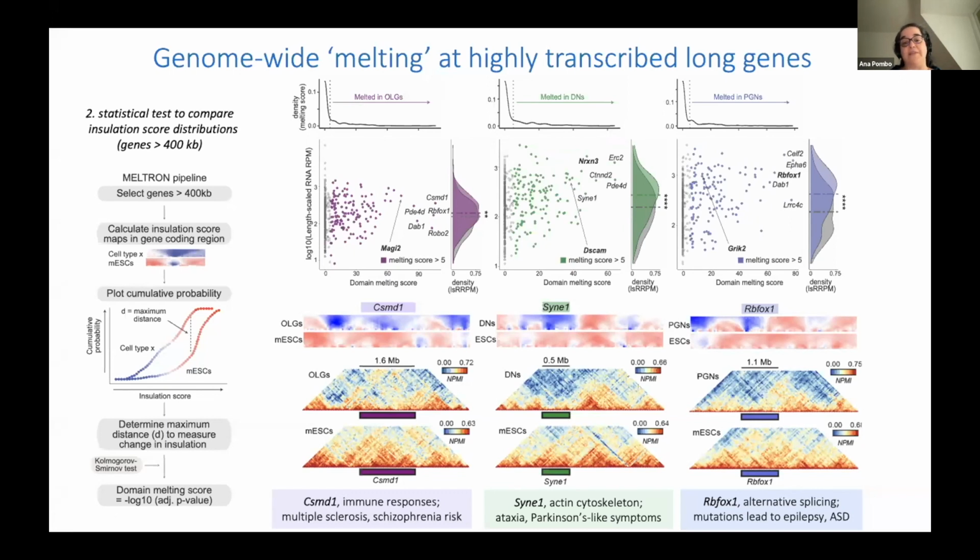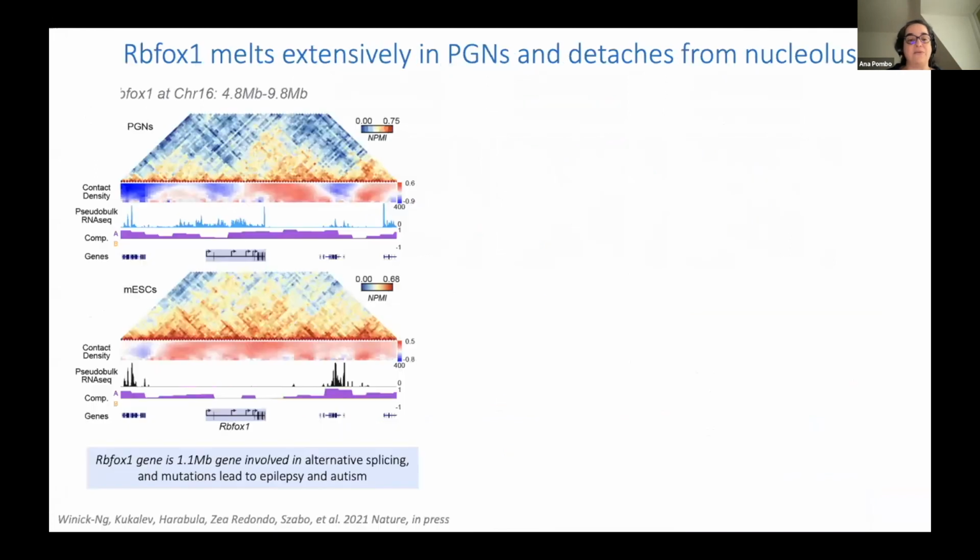Now, this was a genome-wide analysis. It's all driven from these matrices and in particular from quantitative analysis of the insulation maps. And so we wanted to go back to single cell biology and actually look at these events with an imaging method. We took the RBFOX locus that I was just showing you in the previous slide. Here we have the expression. You can see in ES cells it's not expressed, highly compact and condensed. As the gene becomes active, we can see this extensive decondensation, and we wanted in particular to see how this looks if we do imaging.